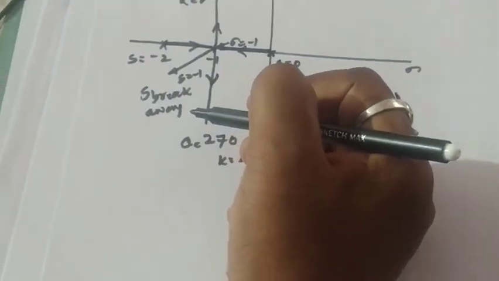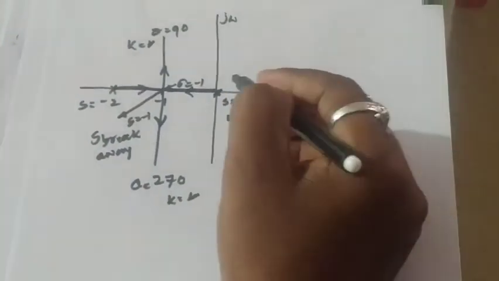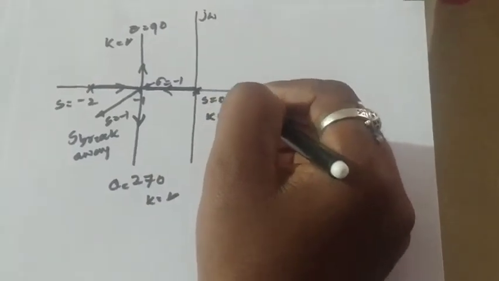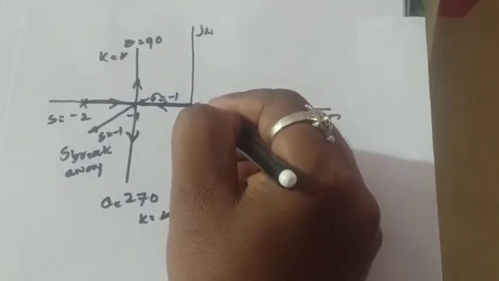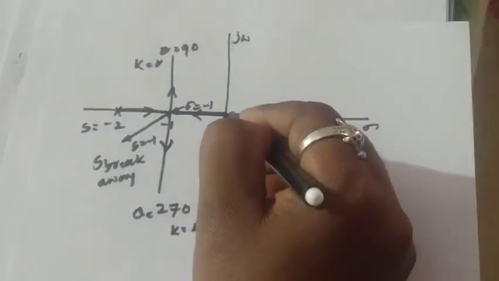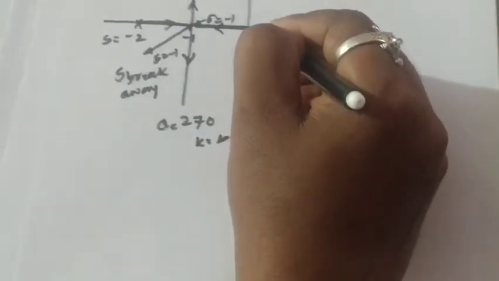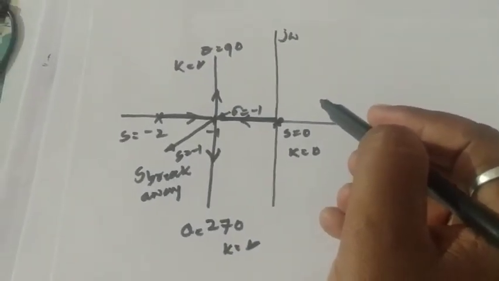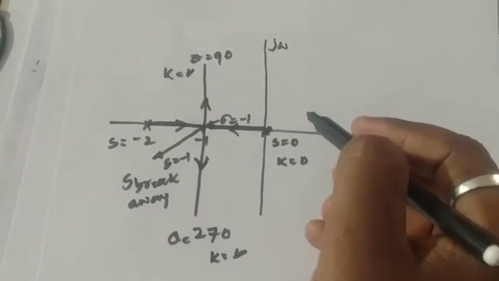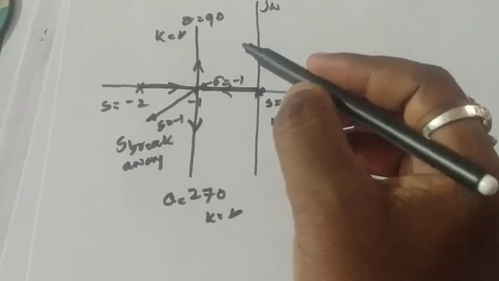Lines of the root locus always start at poles. From one pole one line will emerge, and the emerged line will end at a zero or at infinity. Keep this in mind: from one pole there should not be two lines generated. This is how you have to draw it. Now I will go for another example, the second example.